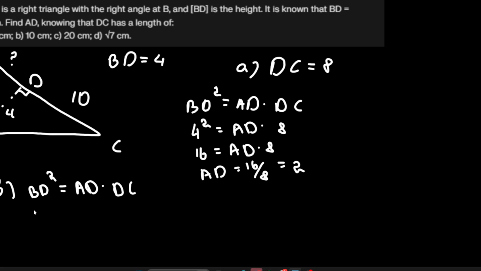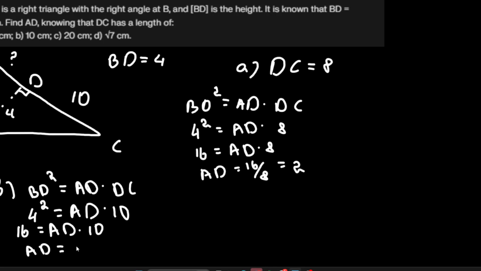So we plug in the numbers. DC would be 10. Actually, BD remains as 4 in the problem, so BD is 4 to the second power, and we're trying to find AD. So 16 equals AD times 10, which means AD is going to be 16 over 10, which is